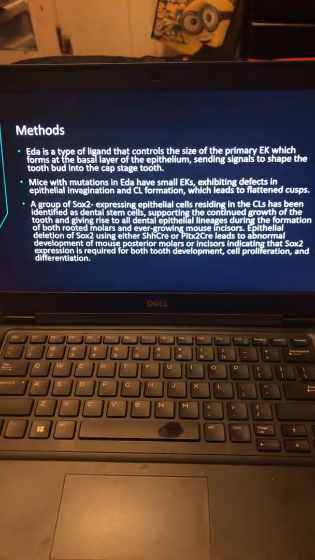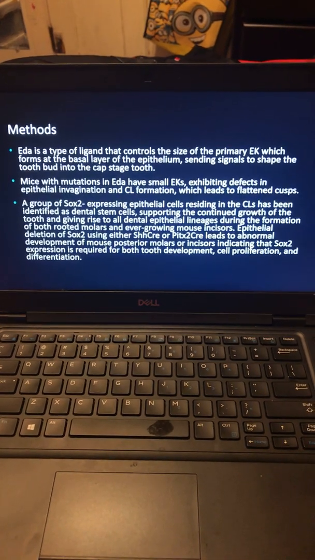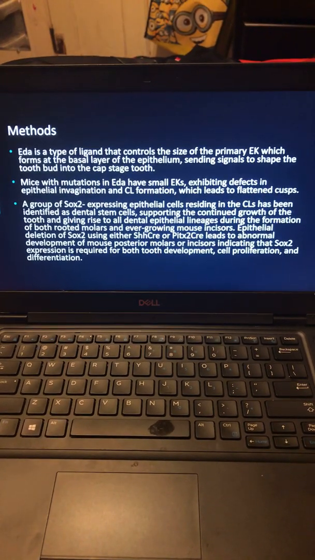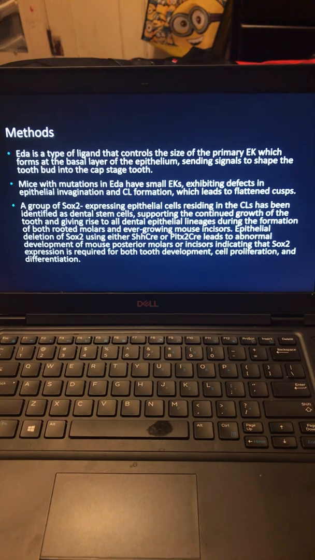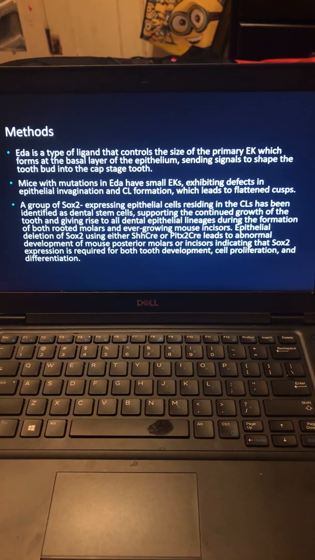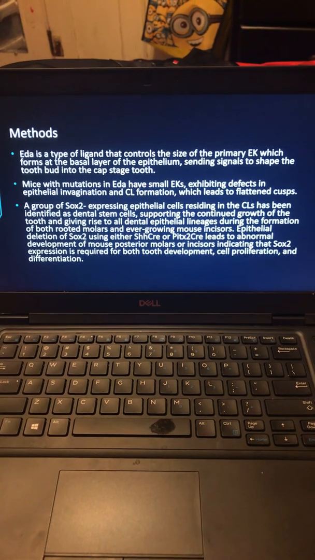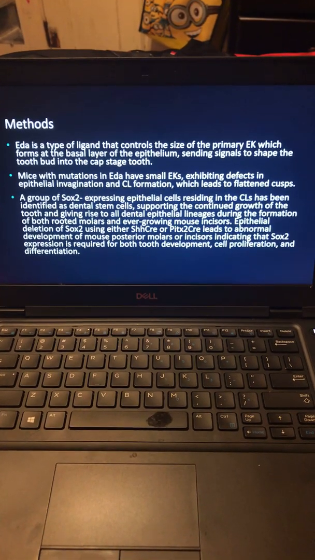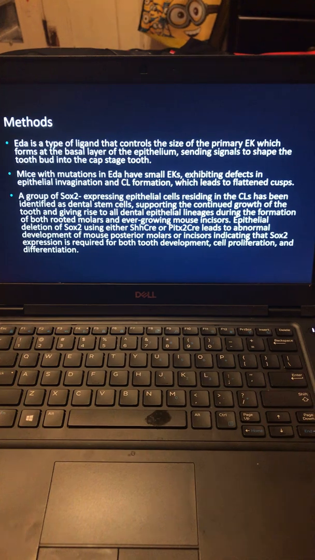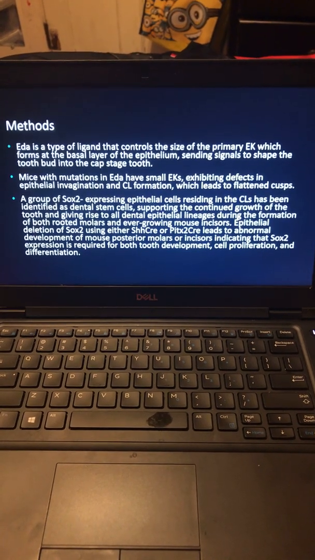Okay, so some of the methods include EDA, which is a type of ligand that controls the site of the primary EK, which forms at the basal layer of the epithelium, sending signals to shape the tooth bud into the cap stage. Mice with mutations in EDA have small EKs exhibiting defects in epithelial invagination and CL formation, which leads to flattened